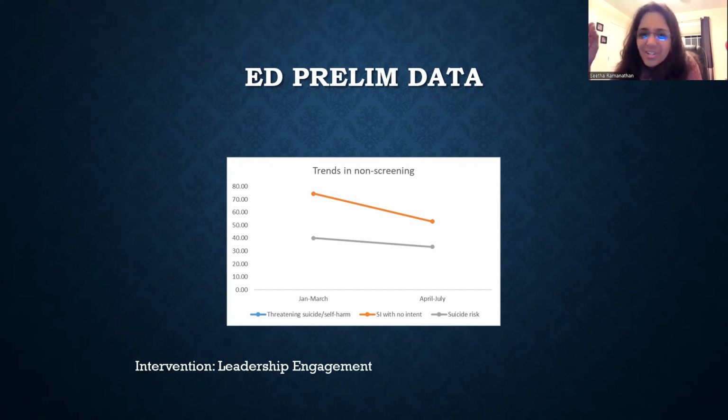So the only intervention over here was we engaged leadership, and the non-screening number went down to around 46%. We had a leadership meeting yesterday, and I was so proud. I was like, the only intervention you did was you got involved in this, and you lowered the non-screening rates. They don't do a structured screening. They only ask a few questions, but you can see both questions and non-screening rates actually went down